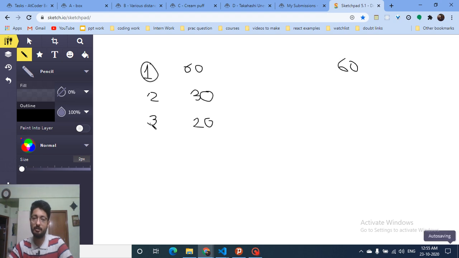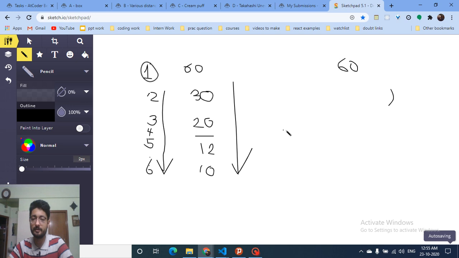So if I know one number, I can also find the other number, just by dividing this number by it. If 5 divides this number, then 12 also divides this number. And if 4 divides this number, you can find the other number also. Likewise 6 divides this number, so 10 is also a divisor. So if you find one half of the divisors, then you can find the other half also. So you just have to iterate i from 1 while i times i is less than or equal to n.